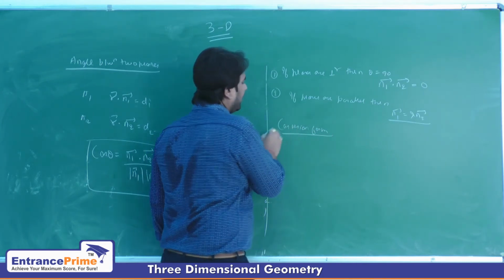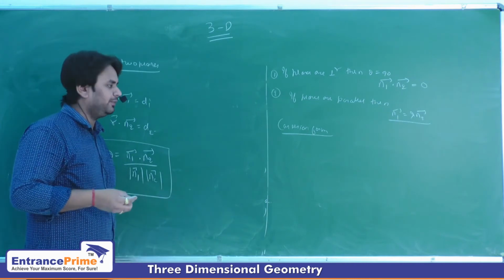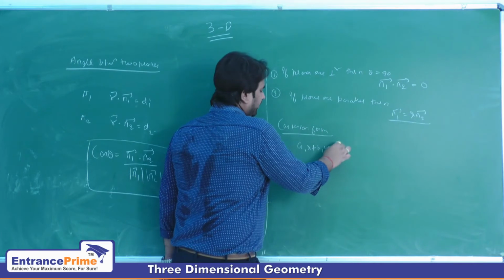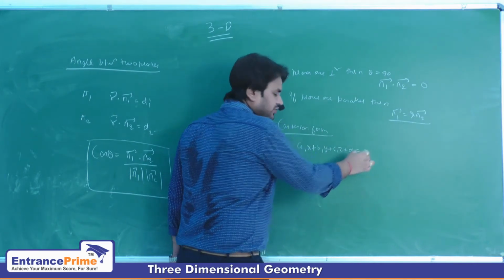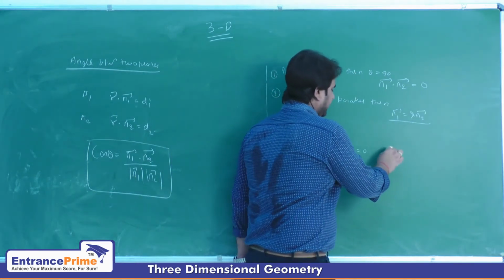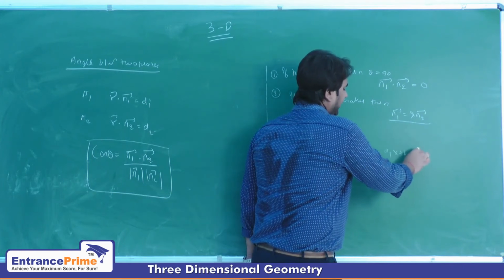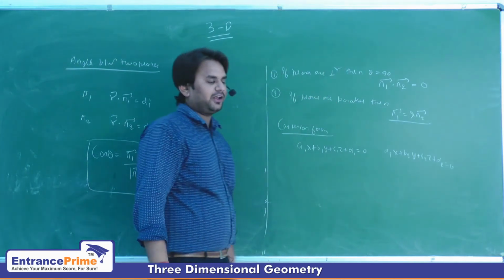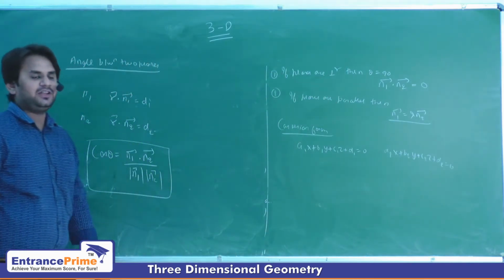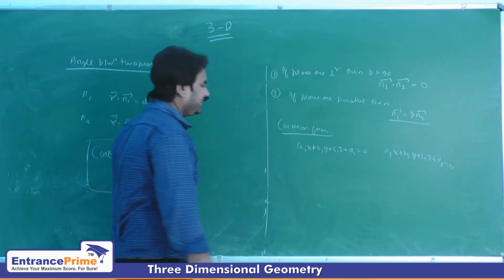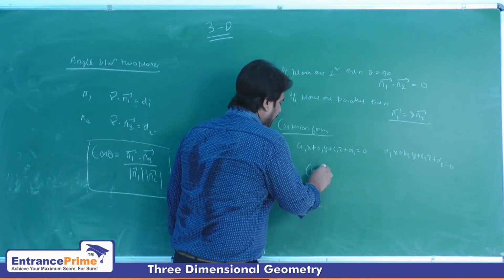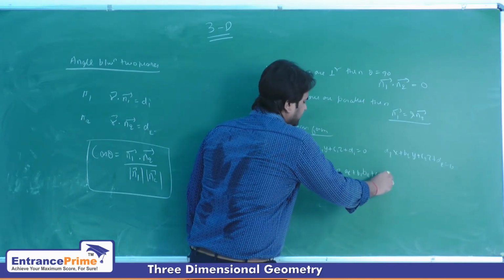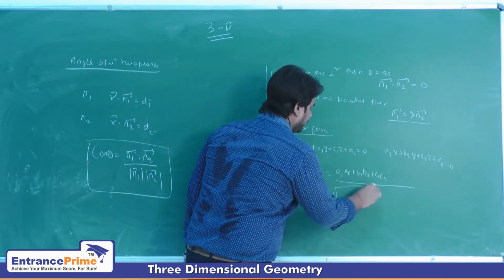In Cartesian form, you have to assume two planes. The first plane is a1x plus b1y plus c1z plus d1 is equal to 0, and your second plane is a2x plus b2y plus c2z plus d2 is equal to 0. These are the two planes we are assuming, and we want to find the angle between them. So what is the angle? Cos theta is equal to a1 a2 plus b1 b2 plus c1 c2 divided by under root of